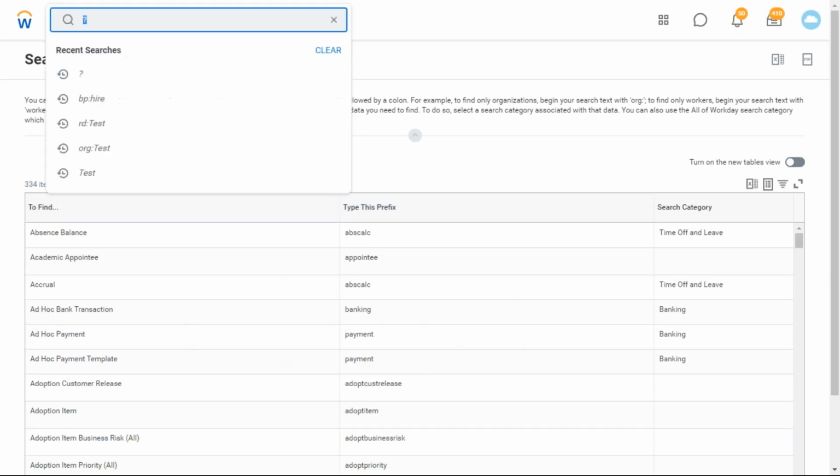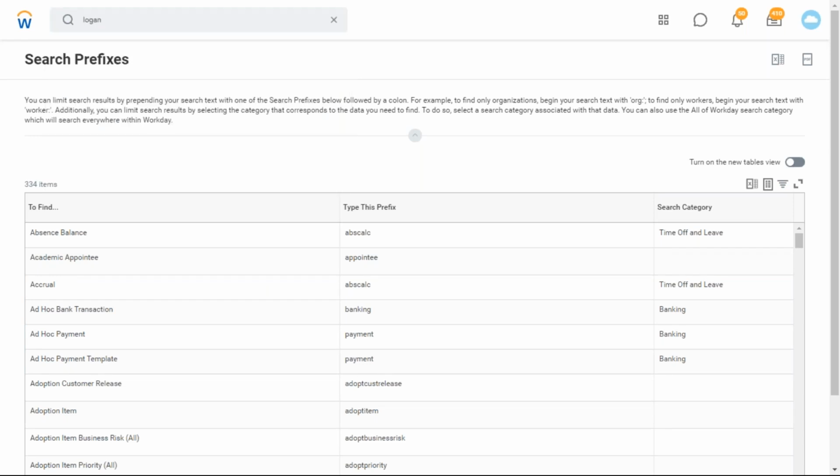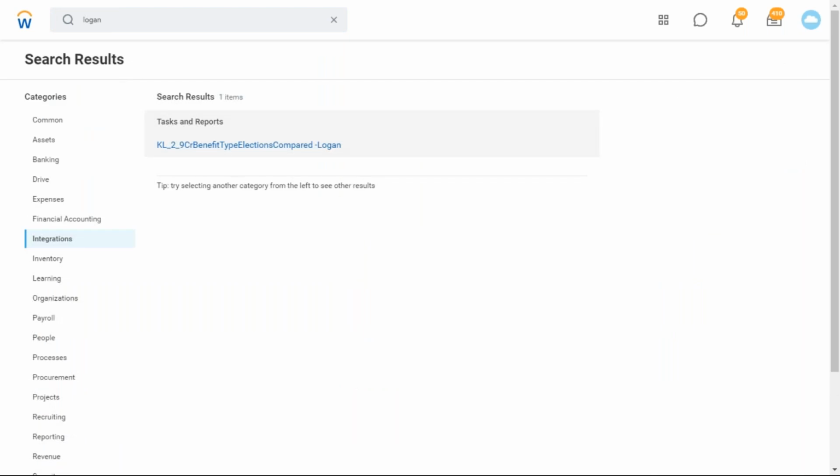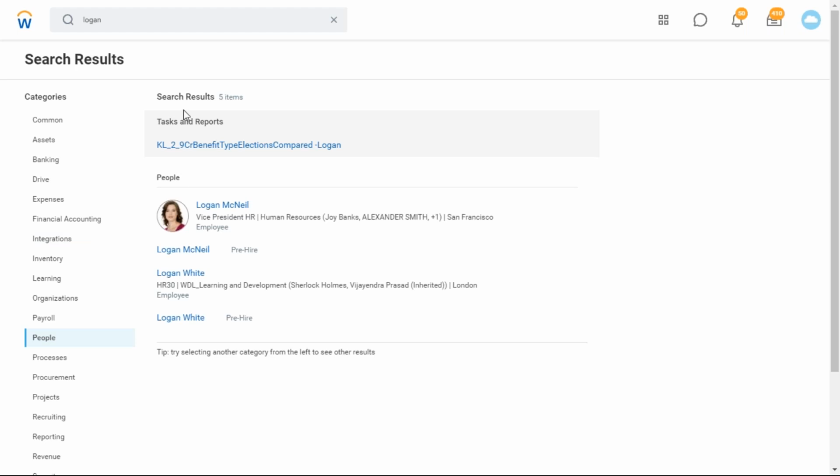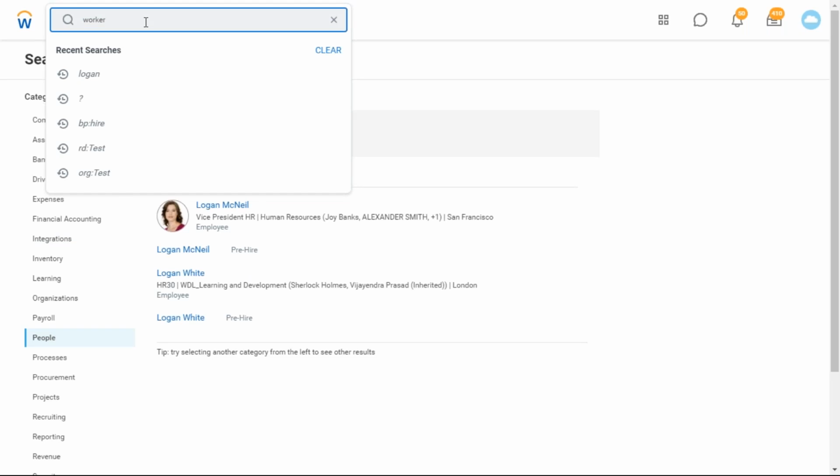If you want to find the employees, just type the employee name or employee ID. You can search it. If you need employees, click on people. Or otherwise, worker is the prefix to find the employees. Employees are called workers.